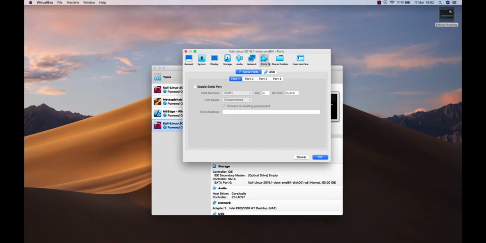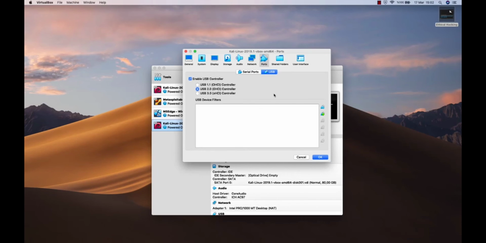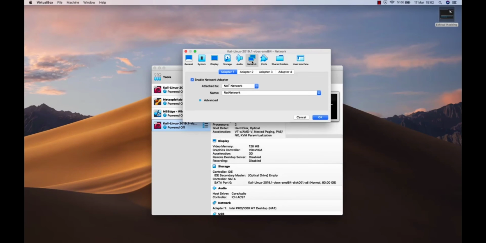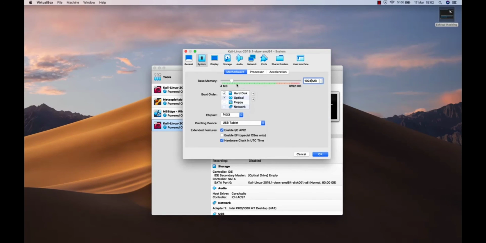From here, you may want to add some USB devices to your Kali Linux machine, and we are going to do that later on in this course as well. When we deal with USB Wi-Fi cards, we're going to use this USB section. But before you go and start the Kali Linux, make sure you select NAT network, make sure you just adjust this RAM,